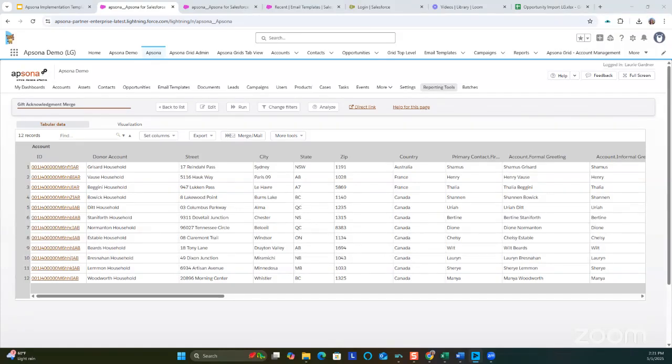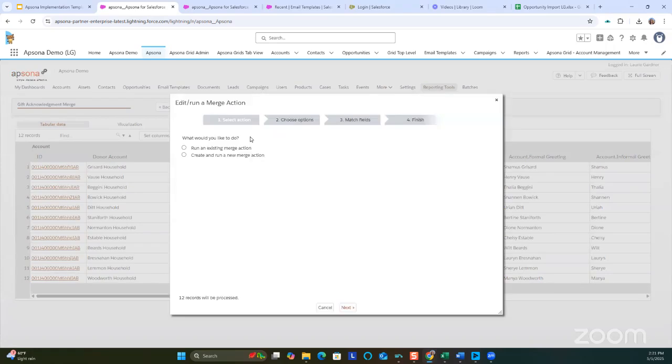Hi, this video is to demonstrate how to create a merge action that sends an email with a document attached. This is a report that I've run. I'm going to click the merge mail button just so you can see the different types of merge actions that